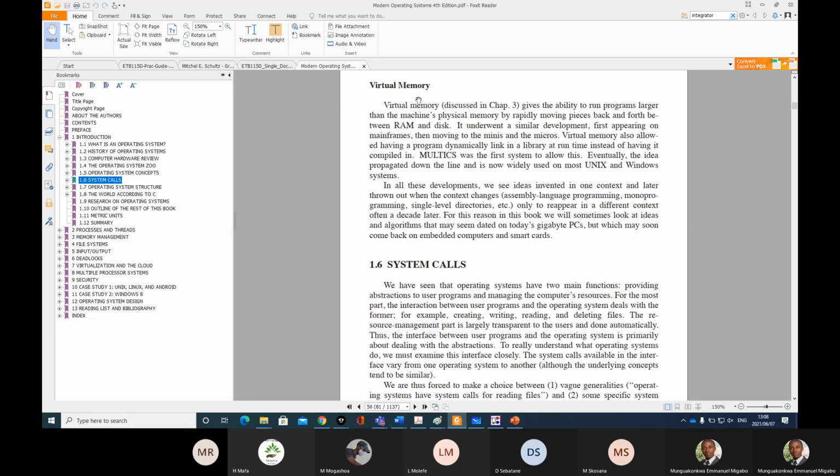Virtual memory actually gives the ability, and it's discussed in detail in chapter 3. As we study memory management, we will discuss it in more detail. It gives the ability to run programs larger than the machine's physical memory by rapidly moving pieces back and forth between RAM and disk. For someone to understand the concept of virtual memory, they need to understand that there is physical memory, the actual one